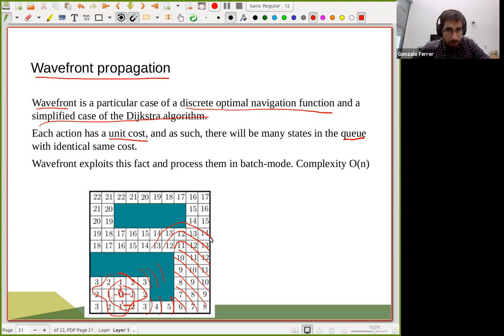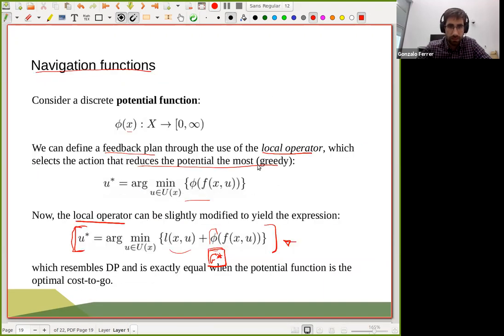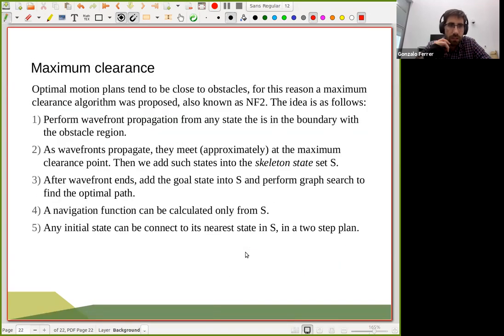Okay, so another example of a very interesting way of calculating this potential. In this case, with this we'll get a cost for each of the states, and with this we can calculate the U star just with the arg min, right, of L plus the cost of the next state. Okay, well, I'm losing parts here, but just put the transition function and all this. Okay, another example, a very famous example of